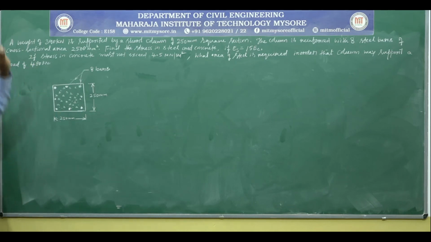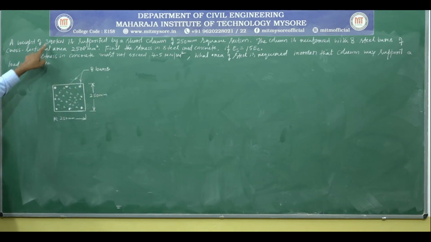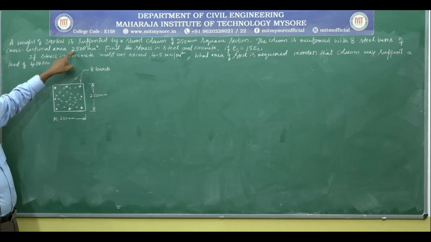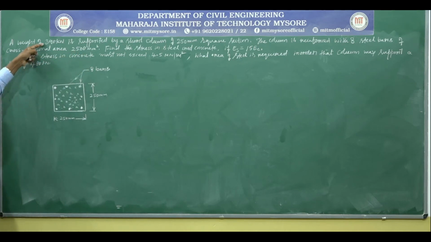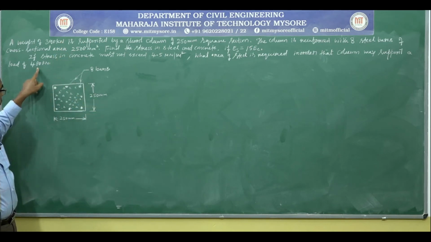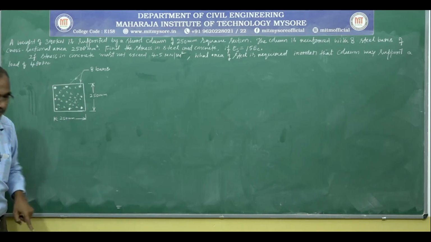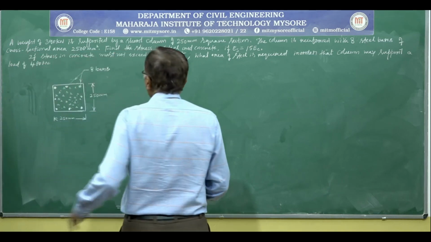So you can easily say that the cross sectional area of the column is the same for both the 390 kilonewton load and the 480 kilonewton load. When the load is 390 kilonewton, the cross sectional area of steel required was 2500 millimeter square. If the load on the column is increased from 390 to 480, definitely the area of cross section of the steel required will be more. To resist more load, more cross sectional area of steel is required. With this concept, let us solve the problem in 2 stages.